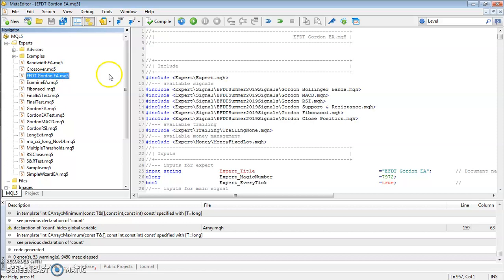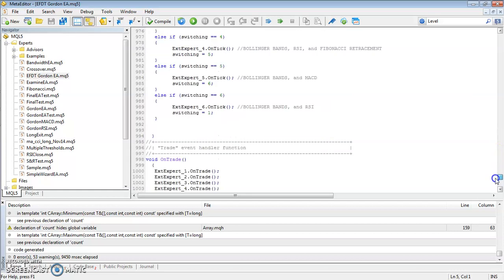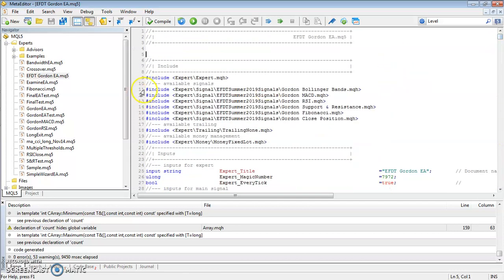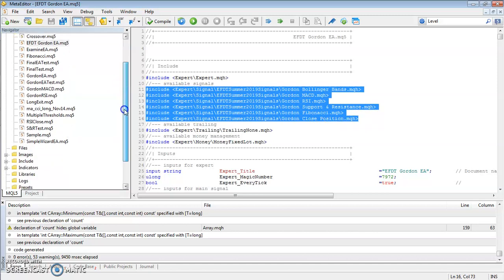This is the expert advisor, pretty much what's open here. You want to make sure that it's in that specific directory before running. And in here we have included all the trading modules that will be running for this expert advisor,